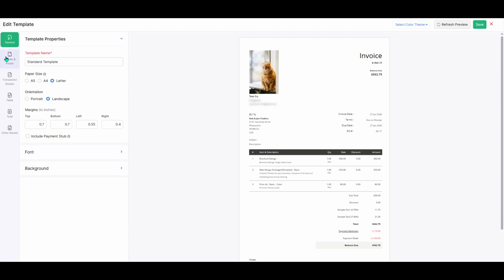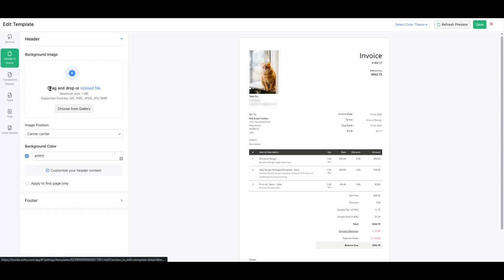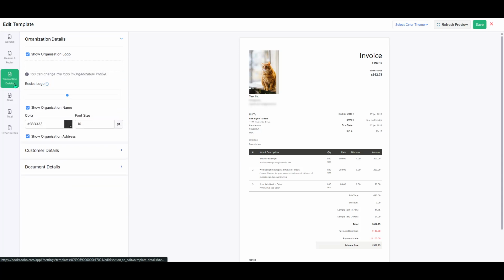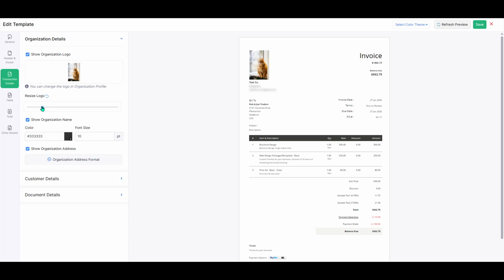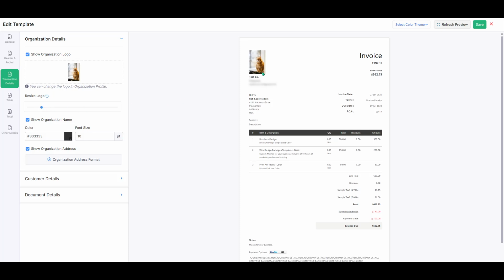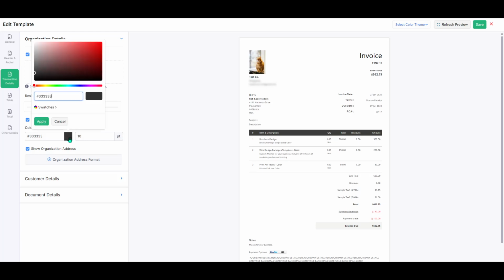Inside the editor, you can tailor both the visual style and the information that shows up. This is where you can add your logo, pick colors and fonts that match your brand, and adjust spacing so your invoice looks clean and professional. You can also control which fields appear, such as item descriptions, quantities, taxes, discounts, and totals, and choose how totals